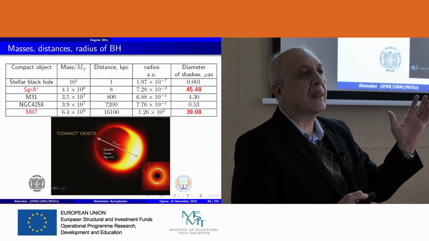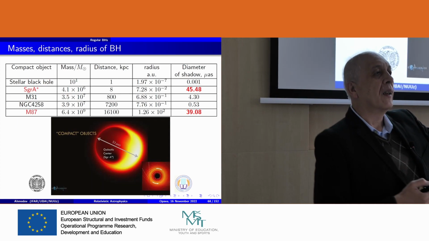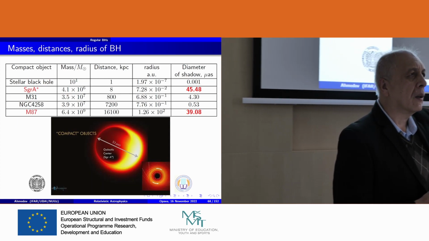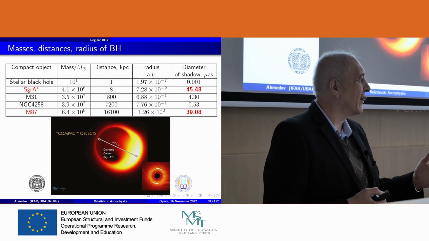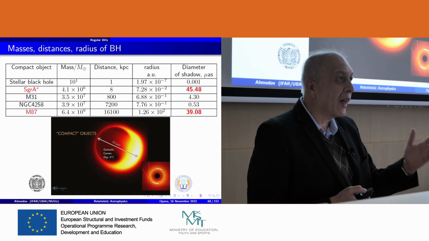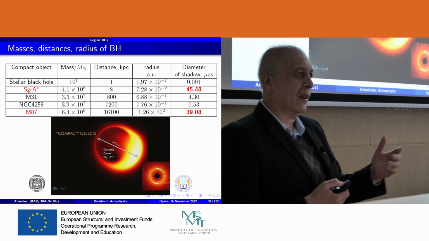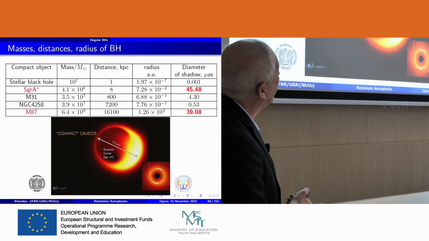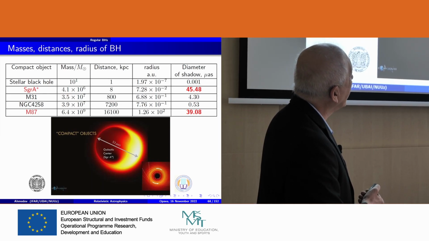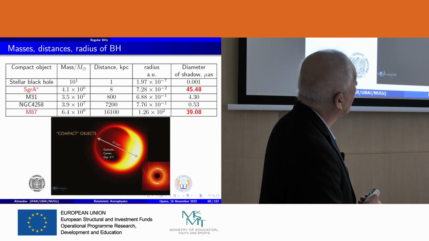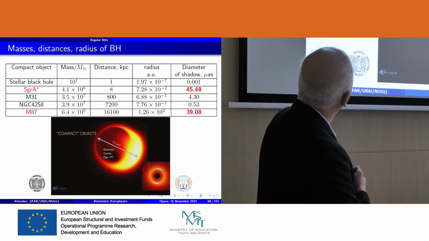So we said that in our galaxy we have let us say 100 billion stars or 200 billion stars, and many of them are black holes. But if we look at the size, for example, the shadow of the stellar mass black hole,